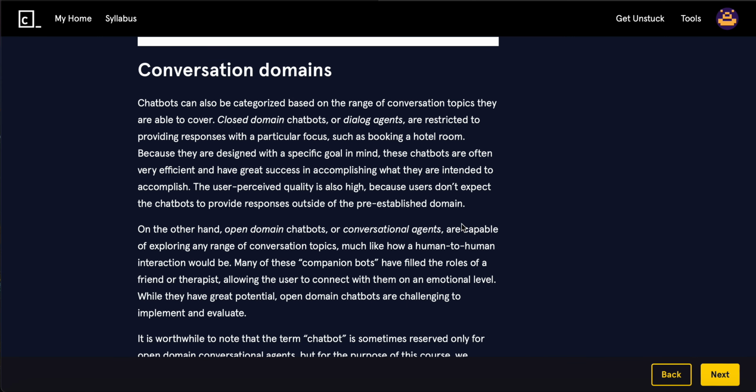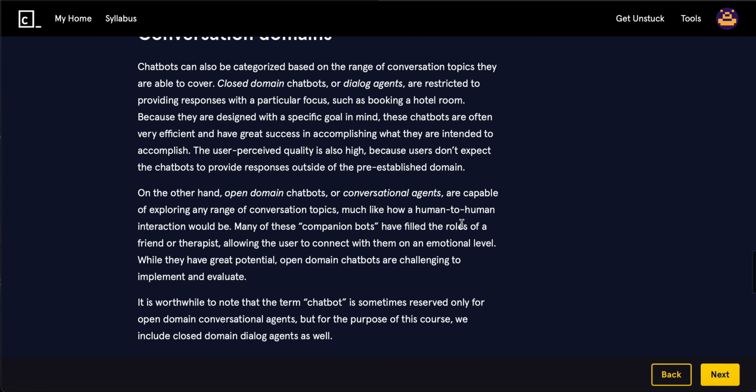So chatbots can also be categorized based on the range of conversation topics that they are able to cover. Closed domain chatbots or dialogue agents are restricted to providing responses with a particular focus, such as booking a hotel room. Because they're designed with a specific goal in mind, these chatbots are often very efficient and have success in accomplishing what they are intended to accomplish. The user perceived quality is also high because users don't expect the chatbots to provide responses outside of the pre-established